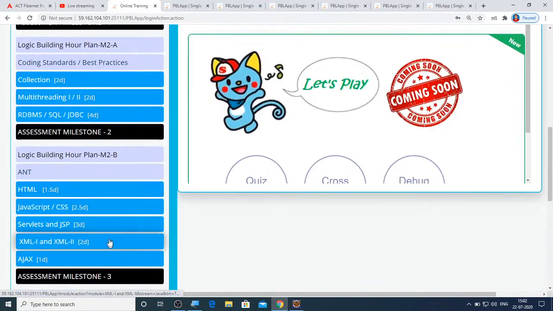and on Friday, I mean tomorrow evening after my session is over, you can go through these documents and HTML, JavaScript, CSS, all these things. Ajax I'm not going to include in the test because on Friday only I'm going to discuss Ajax. That's the reason I'm not going to keep Ajax bits in that mock test 3.